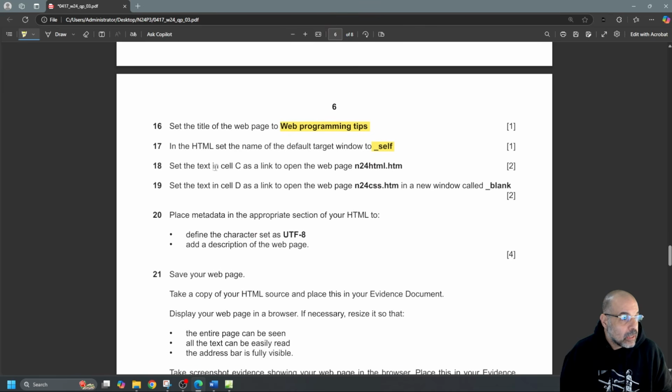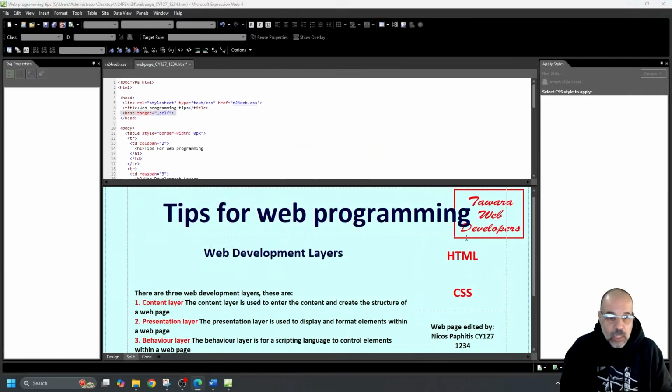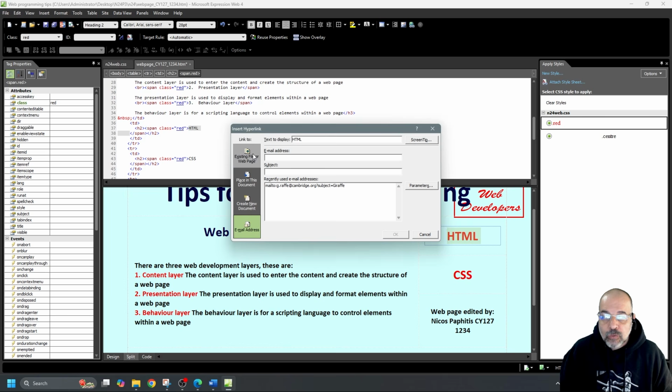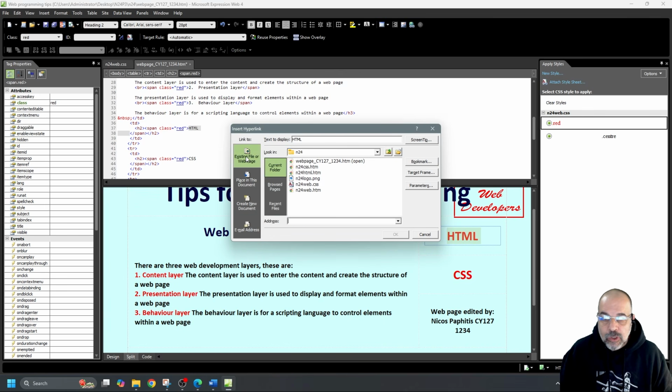Good. Now, set the text in cell C as a link to open that, and cell D as a link to open that, with a new window called _blank. Okay. So here we're going to select this text. Now, there's a couple of ways you can open up the link editor. You can go up to the toolbars at the top in the ribbon and click on the link editor here, insert hyperlink, and you've got either a web page, a place in this document, create a new document, or an email address. I want an existing file or web page, and I want N24 HTML,